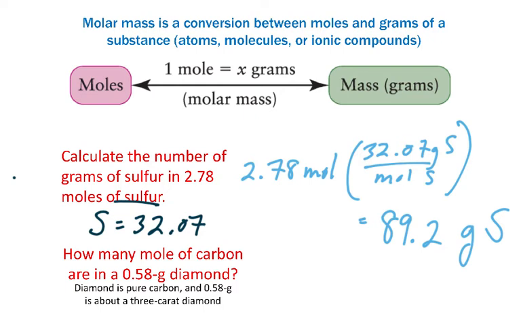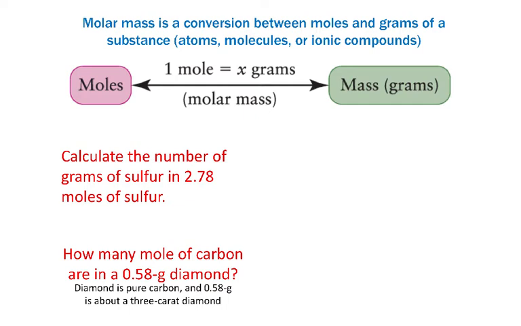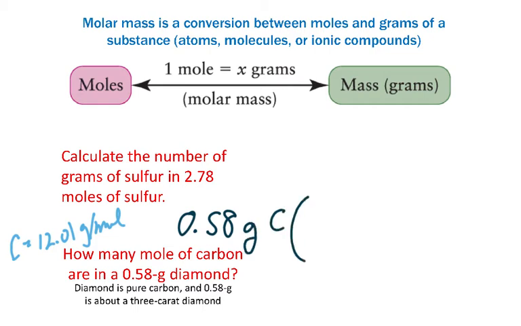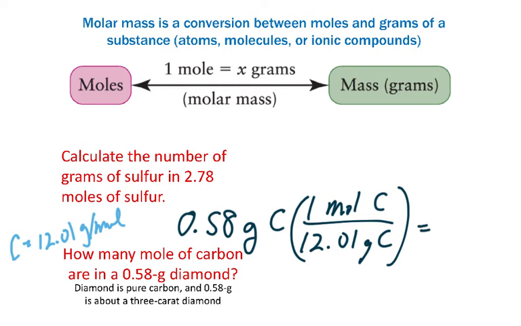All right, let's do the second question. How many moles of carbon are in 0.58 grams of diamond? A diamond is pure carbon, by the way, and so that would be about a 3-carat diamond there. That'd be pretty big. So carbon, right, we know is 12.01 grams per mole. And so starting with the measured quantity of 0.58 grams carbon, I know that 1 mole of carbon is 12.01 grams carbon. And so canceling out grams, we get